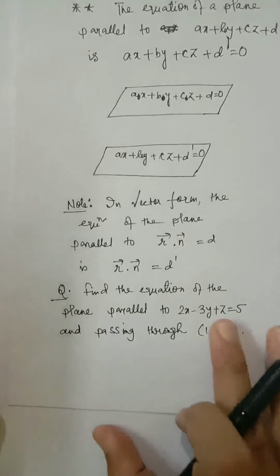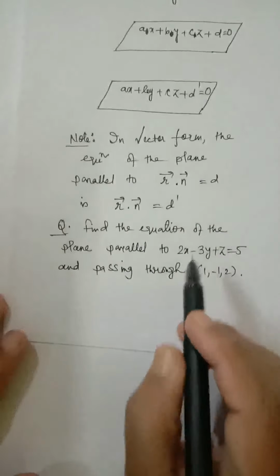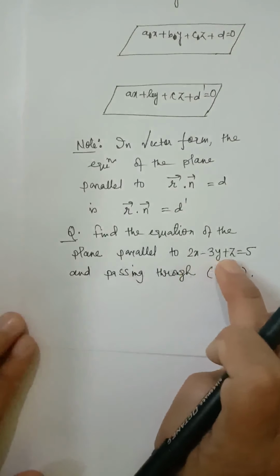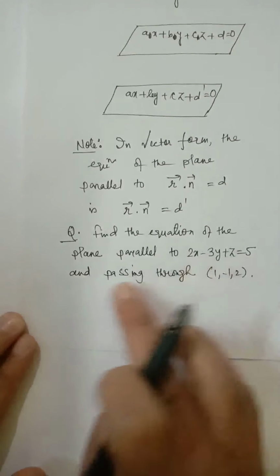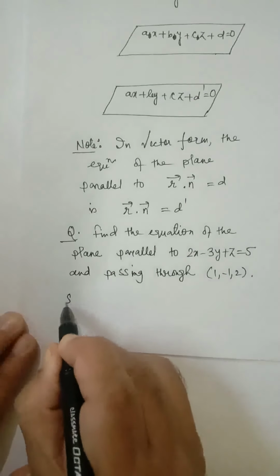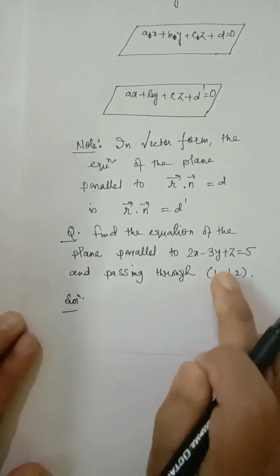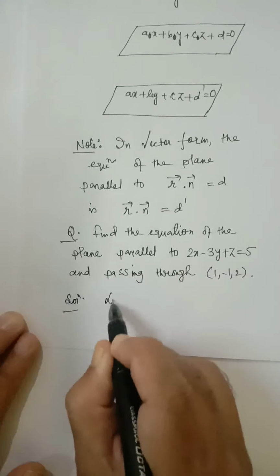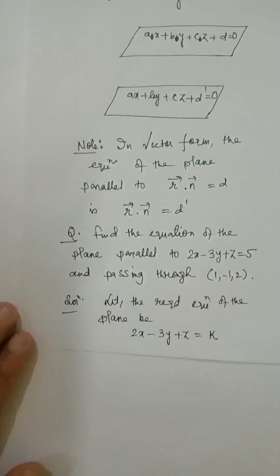Now let us solve one simple question. Find the equation of the plane parallel to 2x minus 3y plus z equal to 5 and passing through the point (1, minus 1, 2). Now we know the equation of a plane parallel to this plane, we'll write in this way. Let the required equation of the plane be,